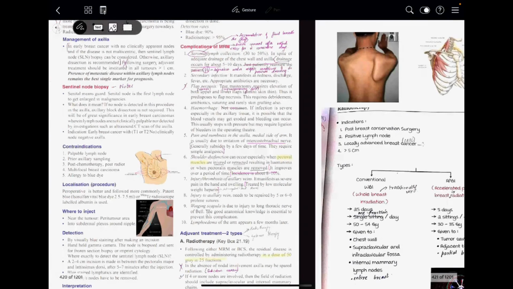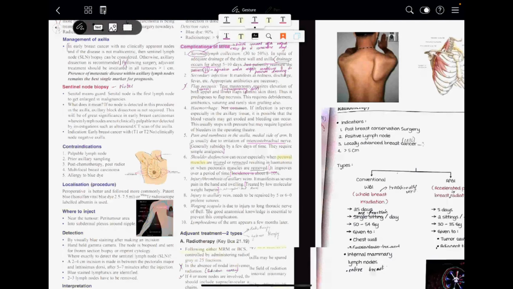So let's just go through the heading. Seroma, secondary infection, flap necrosis, hemorrhage, pain and numbness in the axilla, shoulder dysfunction, injury to axillary vein, thrombosis of axillary veins, winging scapula, lymphedema. This is MRM only. And last part,